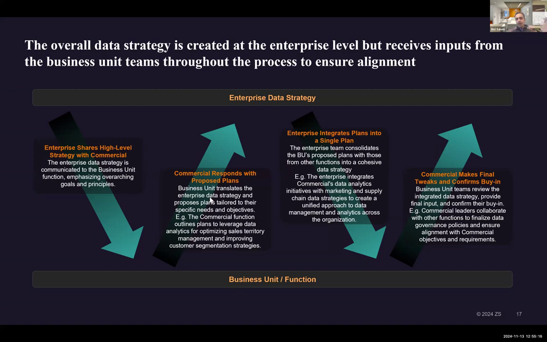And then the enterprise essentially consolidates all of the inputs that they're getting from the different business units and functions, right? So then they are creating a master plan or a master strategy. And then that gets rolled down again to the business unit or the function, and they flesh it out, refine it further, and that ends up being the final data strategy playbook, right? So that's typically the process that we follow. This is very similar to any of the business planning, annual planning processes that you're all familiar with. So data strategy follows a very similar kind of process.